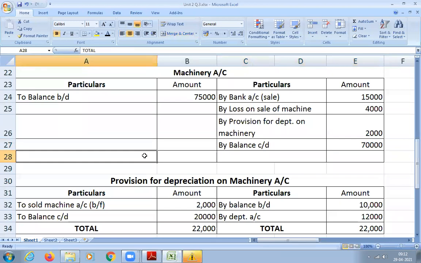49,000, sir. On debit, credit side, 91,000. Okay, so what's the balancing figure? 16,000. Balancing figure is 16,000. So what do we call the 16,000 as? What can we call that as?